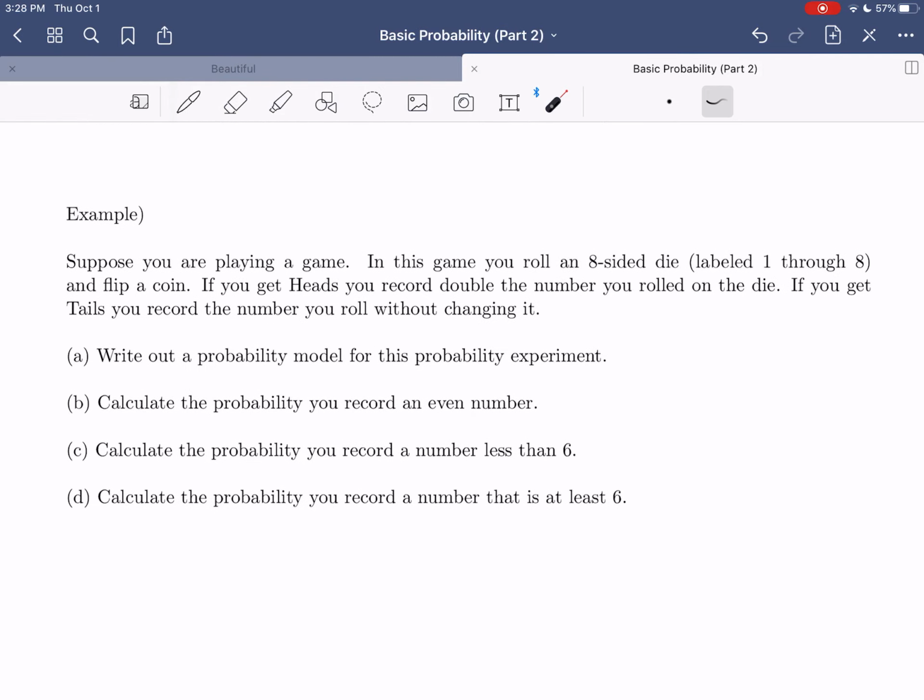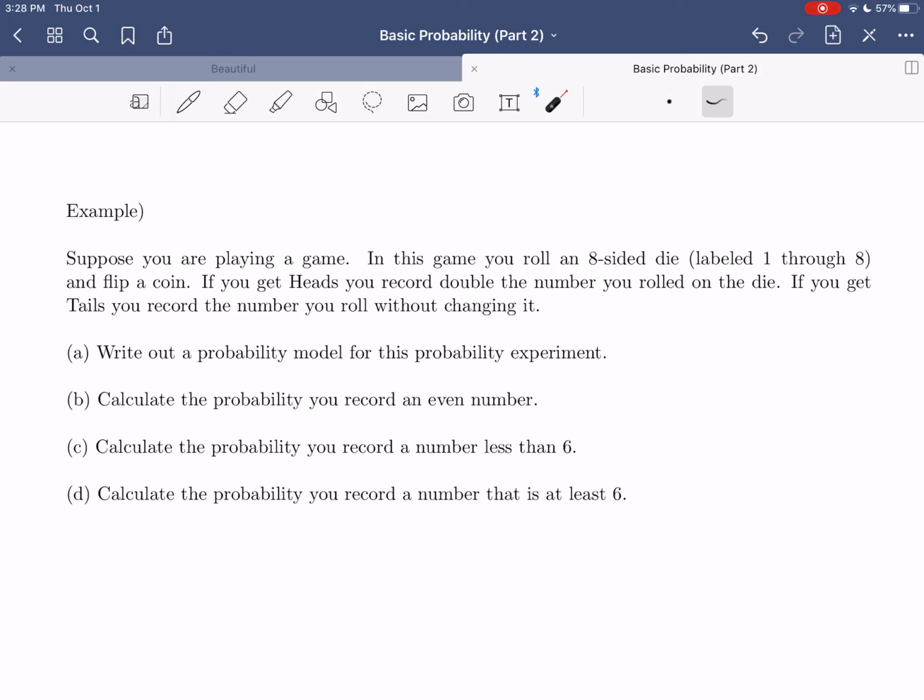All right, so for this example, we're going to suppose you're playing a game. In this game, you roll an 8-sided die, so not a standard 6-sided die, but an 8-sided die, and it's labeled 1 through 8. And you also flip a coin. So in this game, you get to roll the die and you flip the coin. The rules are, if you get heads, you record double the number you rolled on the die. So that means if you roll like a 5 and the coin comes up as heads, you would count that